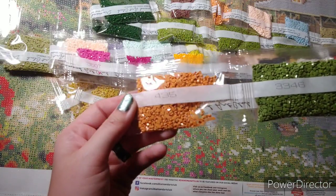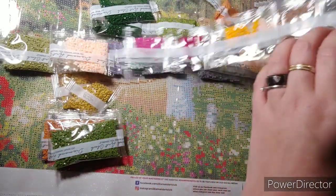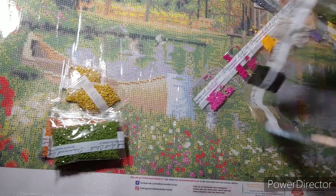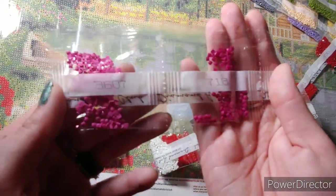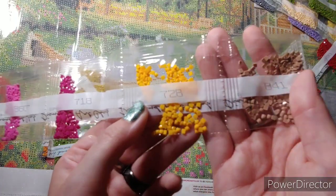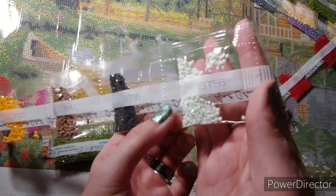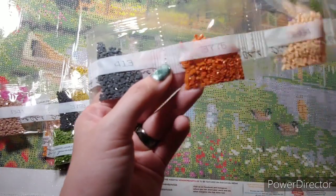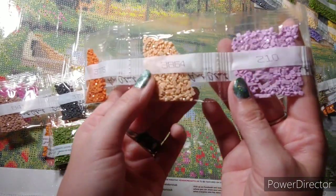Some greens and some, it looks like tan. Holy cow. Is that 35? 3607, 718, 728, 841, 3799, 3756, 666, 413, 3776, 3865, 4, 210,